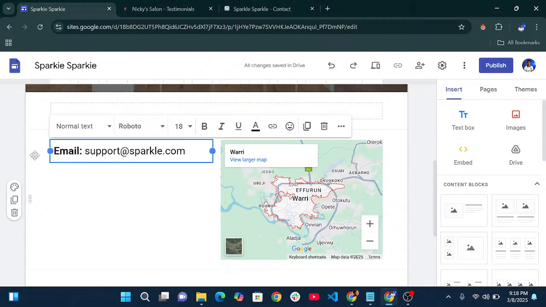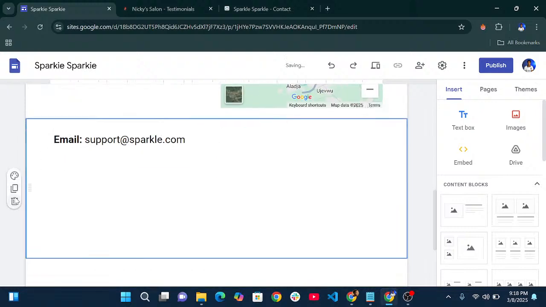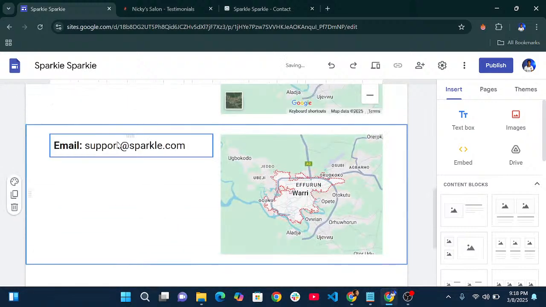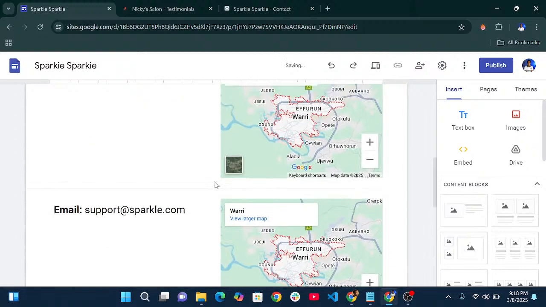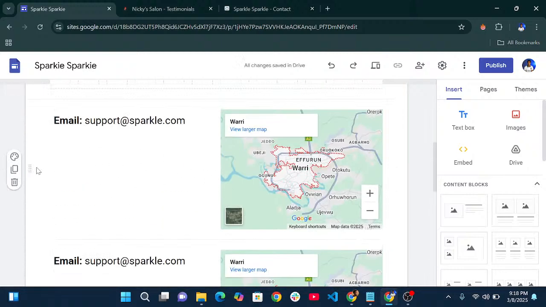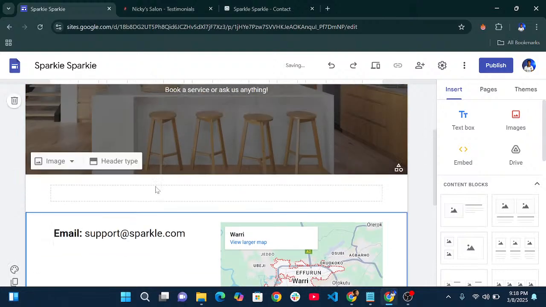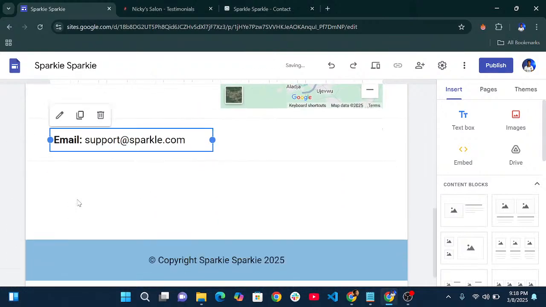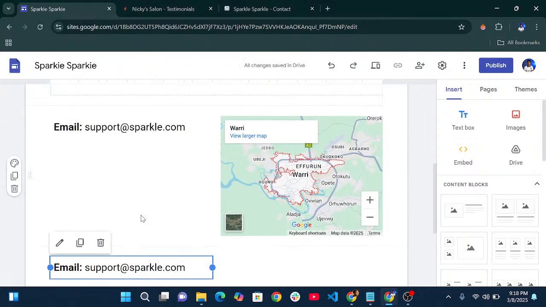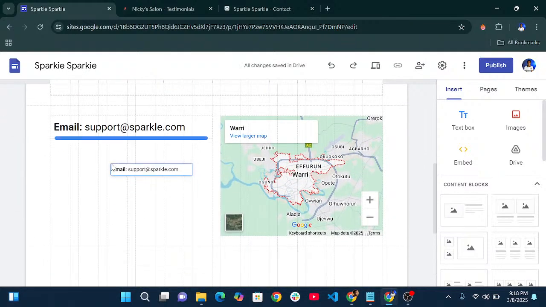So I'm just going to duplicate this one, duplicate. Oh, it's duplicating the whole section. I don't want the whole section. So if you make a mistake, you can quickly just do Ctrl Z. I want just this text, so we can duplicate here. Yeah, that's the right way, and just drag it to the top here,